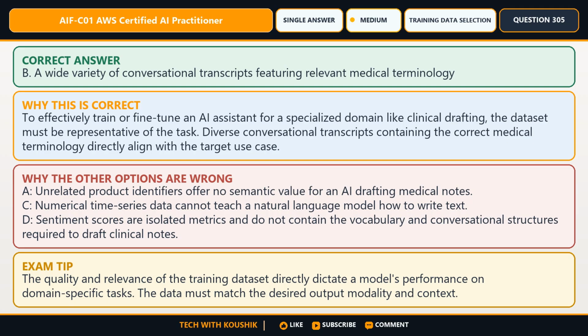C. Numerical time series data cannot teach a natural language model how to write text. D. Sentiment scores are isolated metrics and do not contain the vocabulary and conversational structures required to draft clinical notes. The quality and relevance of the training dataset directly dictate a model's performance on domain-specific tasks. The data must match the desired output modality and context.